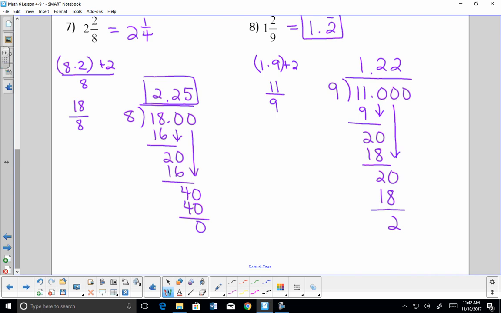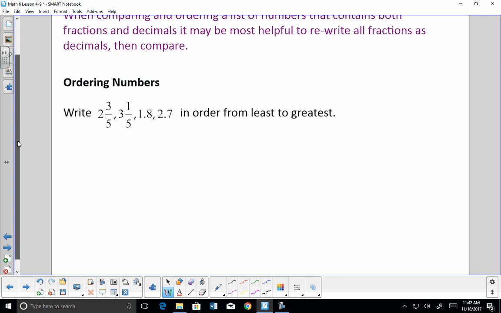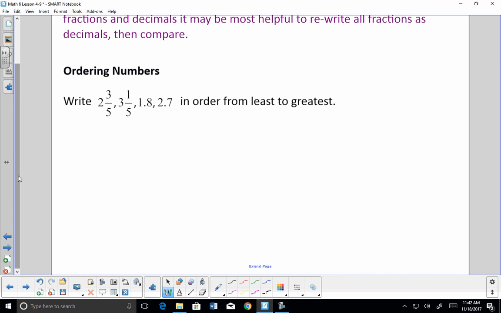The last thing you need to be able to do is compare groups of fractions and decimals. And I will tell you, when you're comparing and ordering a list of numbers that contains both fractions and decimals, it's probably helpful to rewrite all the fractions as decimals, rather than trying to put the decimals as fractions, because then as soon as you get them as fractions, you still have to find common denominators. So it is much easier to convert the fractions to decimals than it is the decimals to fractions. So in this list, 2 and 3/5, 3 and 1/5, 1.8 and 2.7,